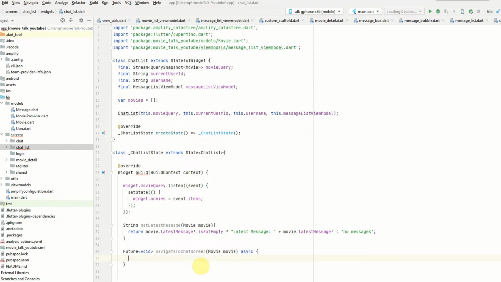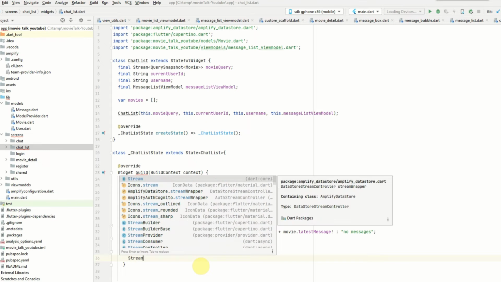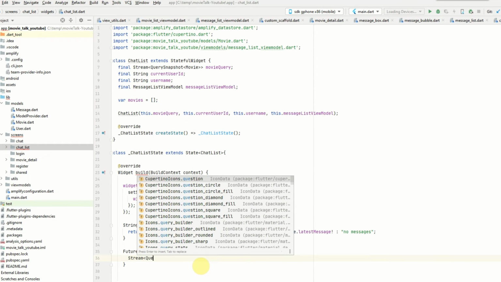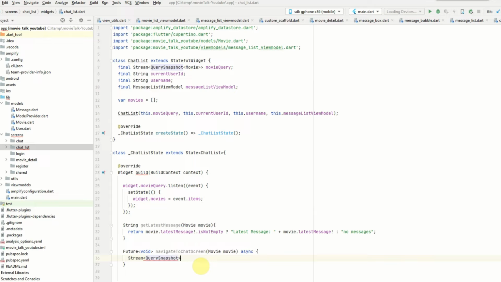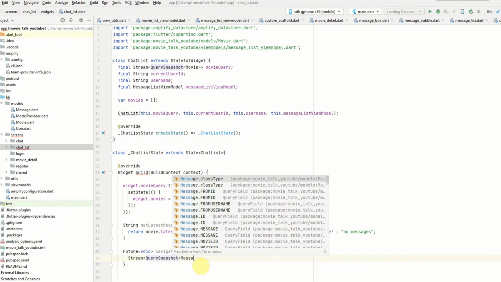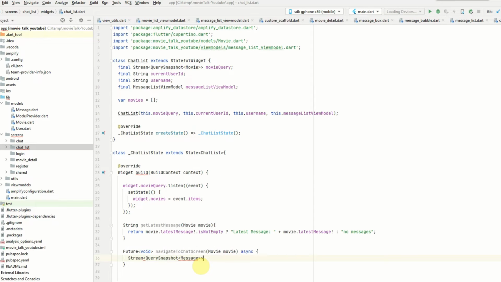Then we need to declare our message stream. Which will be widget.message list view model .observe messages, and then we need to pass the movie ID,